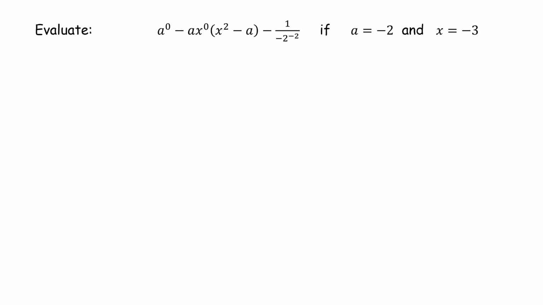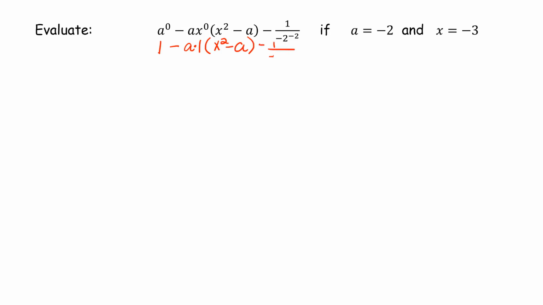Okay, we want to evaluate this expression for a equals -2 and x equals -3. Before I even put anything in, I know that a to the 0 and x to the 0 are going to equal 1. So I'm just going to go ahead and say that's a 1 minus a times 1 times x squared minus a,